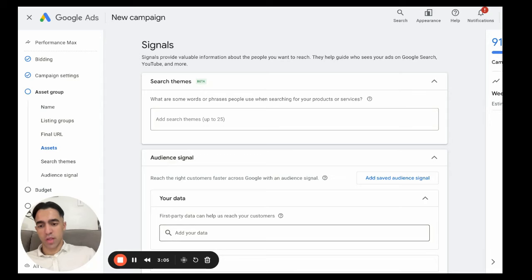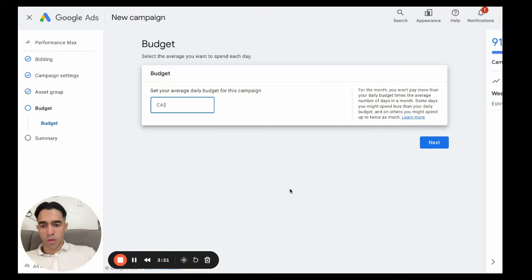Obviously, you want to split test a lot of these different signals. You can have a signals asset group versus a non-signals and see what performs best, right? Typically, we see that having an audience signal that's based off website data seems to convert the best, right? Then you set your budget for the campaign,